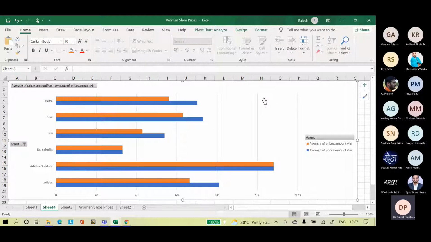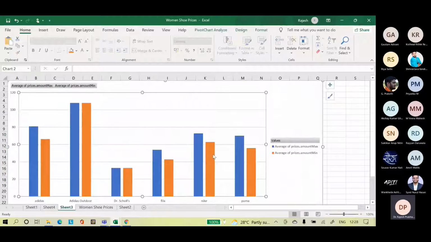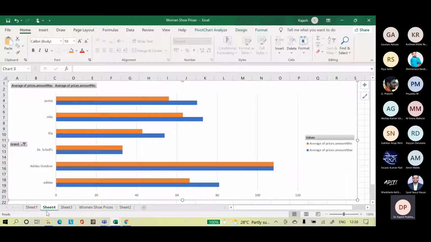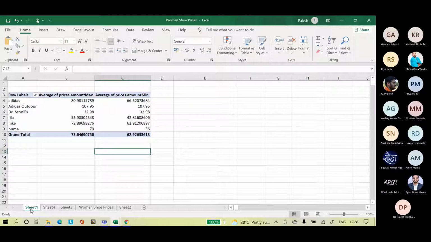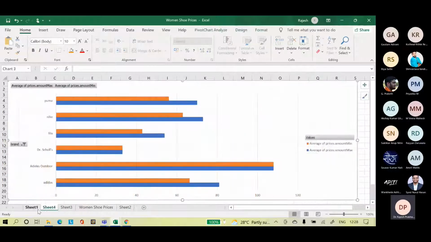So this data is about shoes with the company, and they are trying to find out how to manage the inventory and all. So still we need to do some analysis. Brand, we have to just categorize them properly, and then based on the brands also we have done some analysis. So this is your horizontal plot. This is your bar plot. This is your pivot table for the same plot. So the pivot table also gets updated as you clean the data.